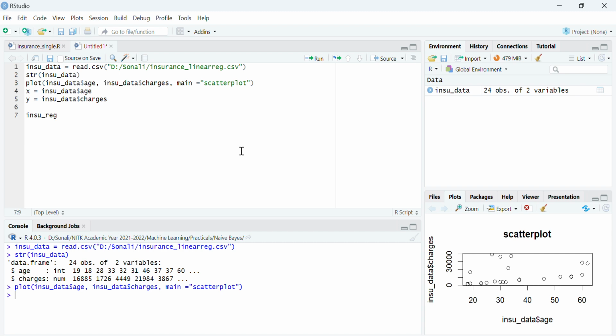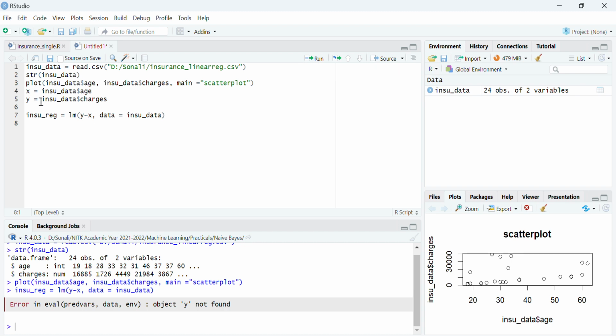Let's give the name of the model insurance regression. The function is lm. So y is the dependent variable. It depends on your X. This is how you are going to represent. The data on which you are going to perform is the insurance data. So let's create the model.